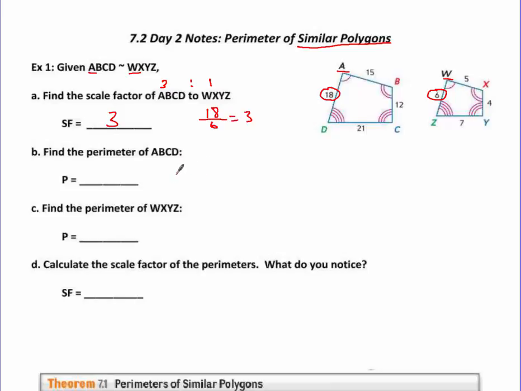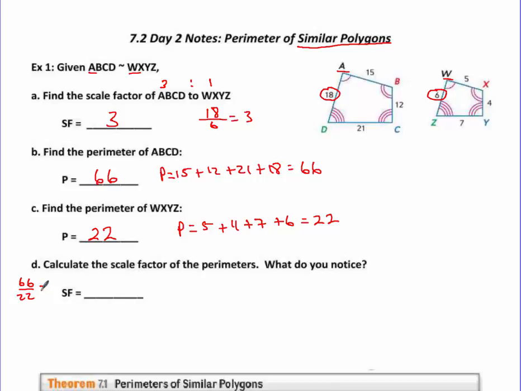So the perimeter of ABCD is 15 plus 12 plus 21 plus 18. And I should be putting P equals for perimeter. So I add all that up and I get 66. And now it says find the perimeter of WXYZ. So perimeter of WXYZ, 5 plus 4 plus 7 plus 6, and that equals 22. Well, hopefully you'll see that